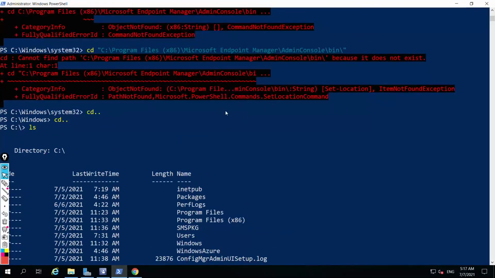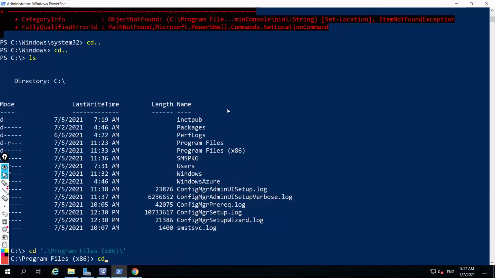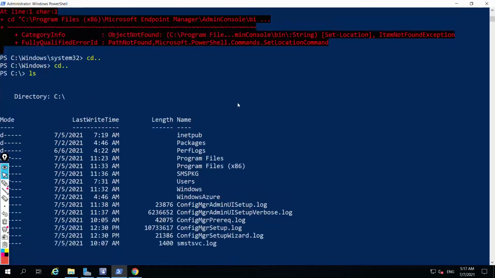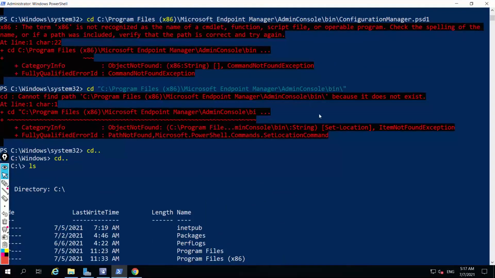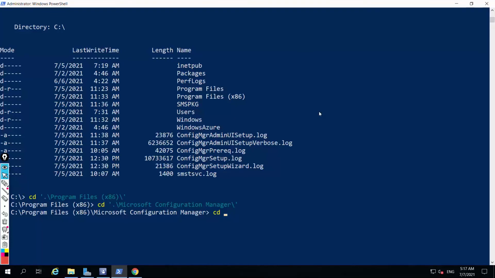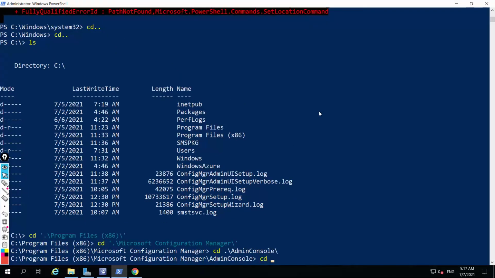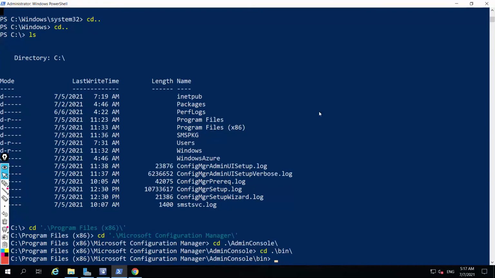Configuration Manager, Endpoint Manager. Then our path is AdminConsole and bin. Admin Console. Okay, right now we will import the module ConfigurationManager.